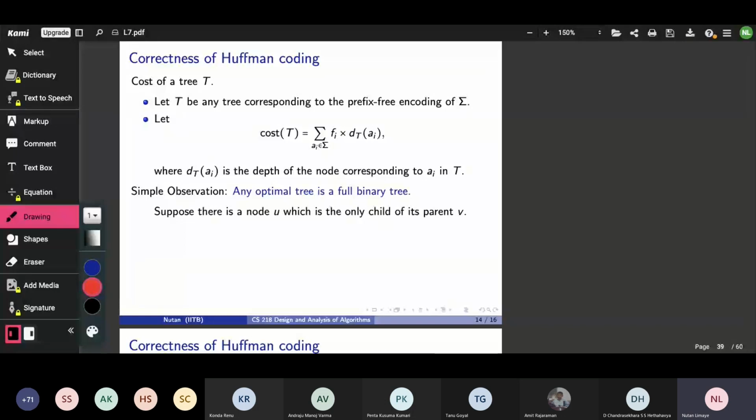Aniket's previous answer was giving a thought behind what must be the reason for it to not be optimal. And Amit is giving an algorithmic way of arguing about it by telling you what to do if you find a binary tree which is not full: do what Amit is saying to obtain another binary tree, which will then have smaller cost.